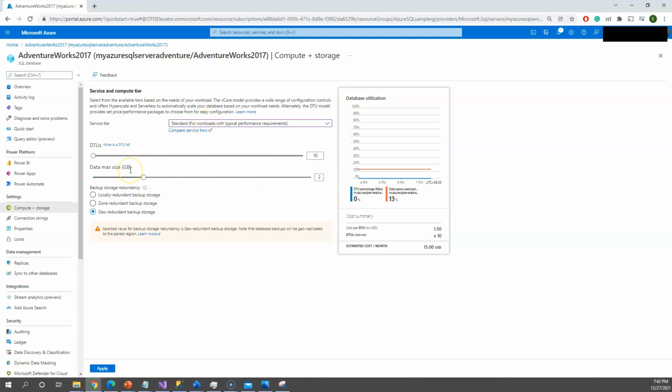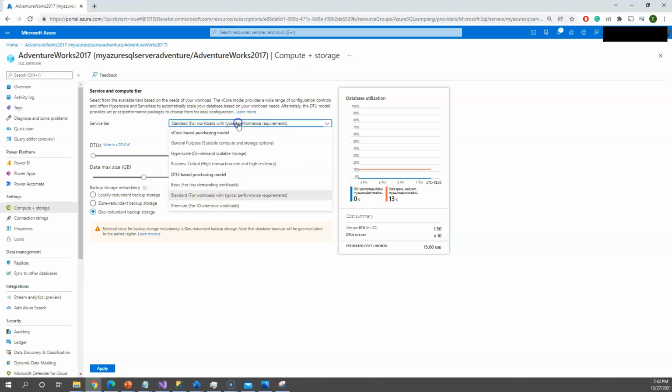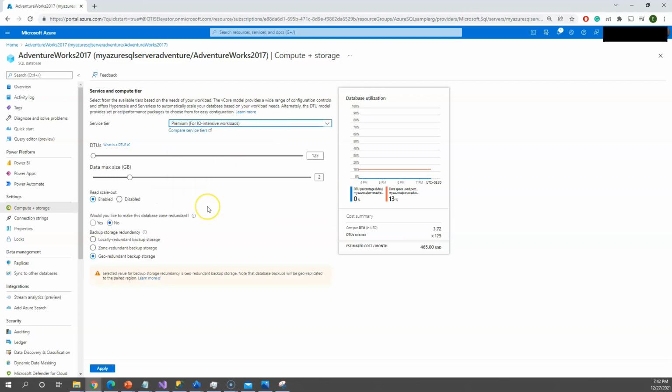Right now the data max size is 2 GB. So if you want to really take more and more, then you can go for the premium also. Automatically the bill will also rise based on the number of DTUs you are selecting. It can even go to almost 17,000 altogether with the database max size. So be cautious. This is one of the areas where you check when the performance is bad, and also to save the cost, in fact.